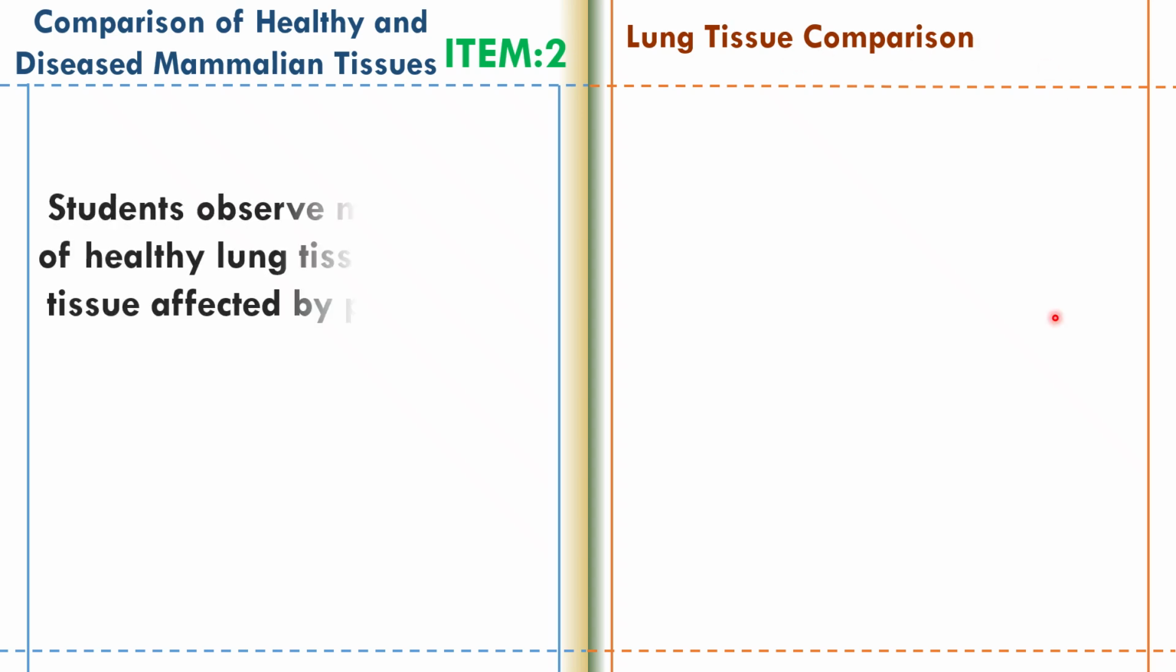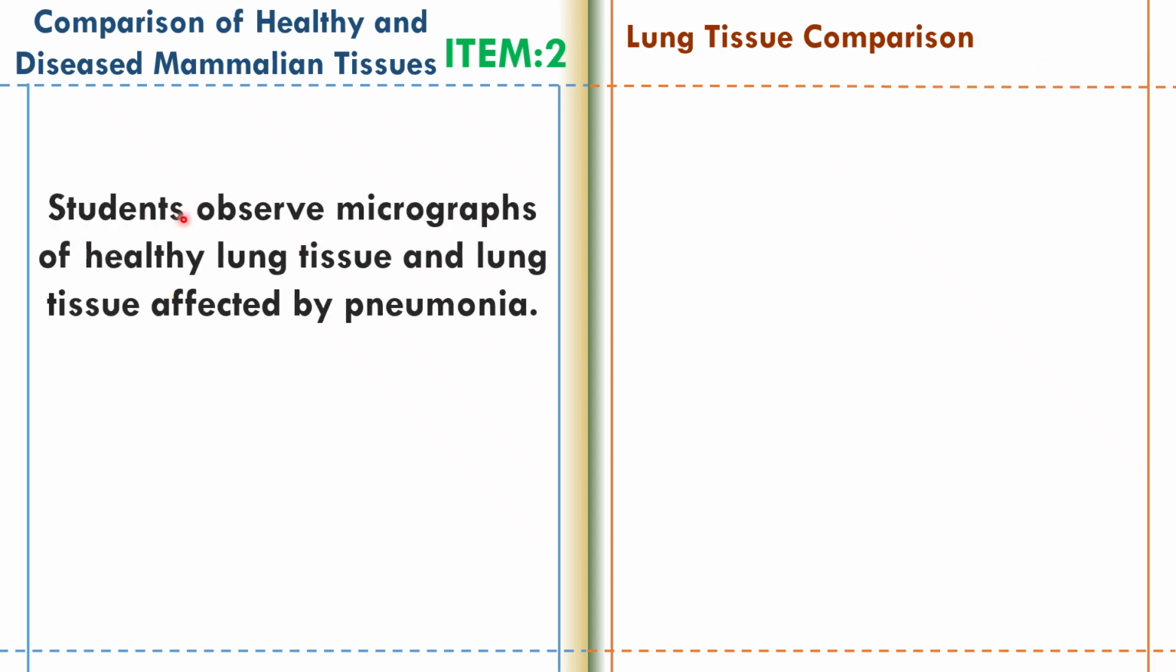Comparison of healthy and diseased mammalian tissue. Item 2. We are looking at the lung tissue comparison. Students observe micrographs of healthy lung tissue and lung tissue affected by pneumonia. Task: